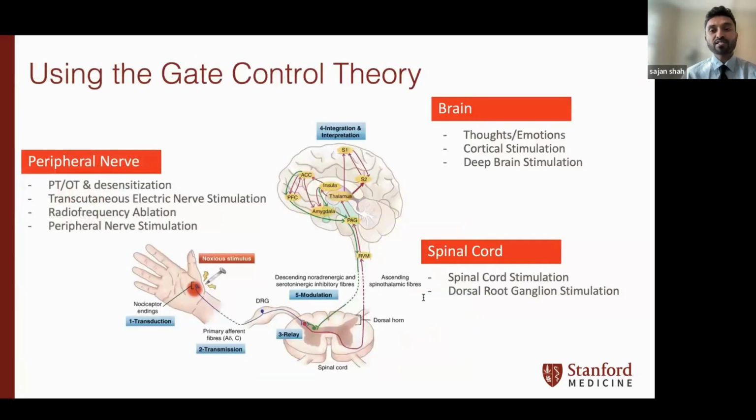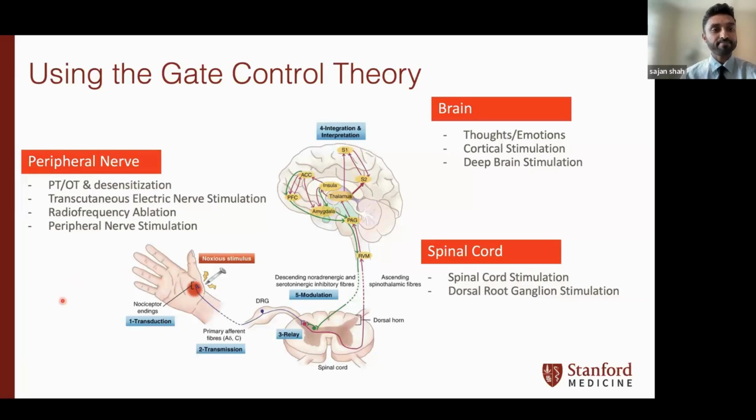We can use the previously discussed model now to discuss how we leverage the gate control theory. Here, we lay out each of the 4 legs of the stool and how they fit into the gate control theory model. Let's use this slide as a framework for the remainder of the lecture. Here, we have three categories: the peripheral nerve, spinal cord, and brain. Again, it's because the signal travels from the peripheral nerve to the spinal cord and then to the brain. So by nature, we try to target pain signals at all 3 different targets and see if we get a